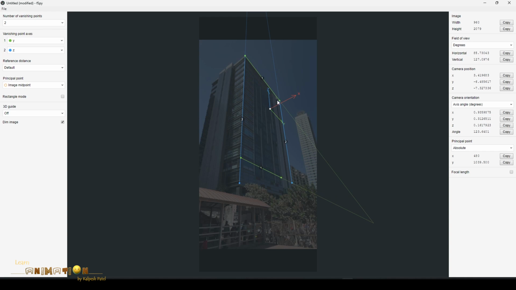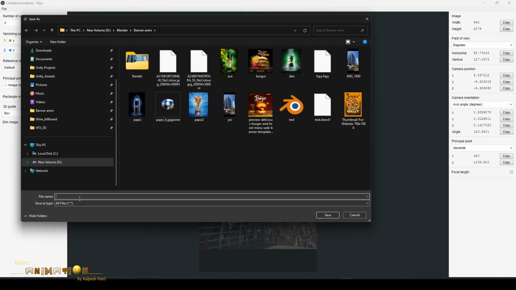So now you can see this axis, and you can also select the box, move it, and check the perspective and all the corners. If it is feeling fine, then we can save it. You can save it as any name.